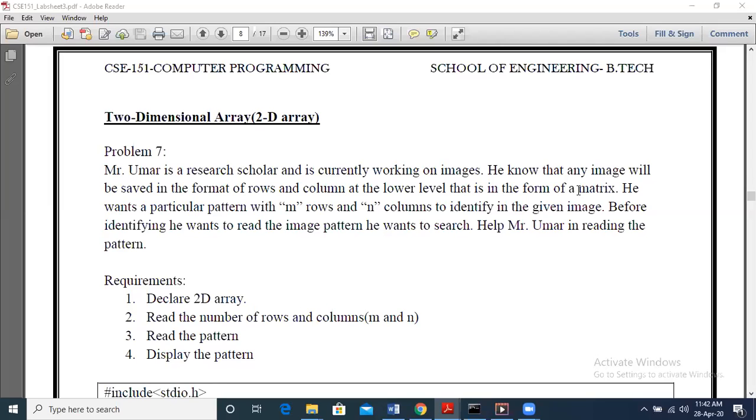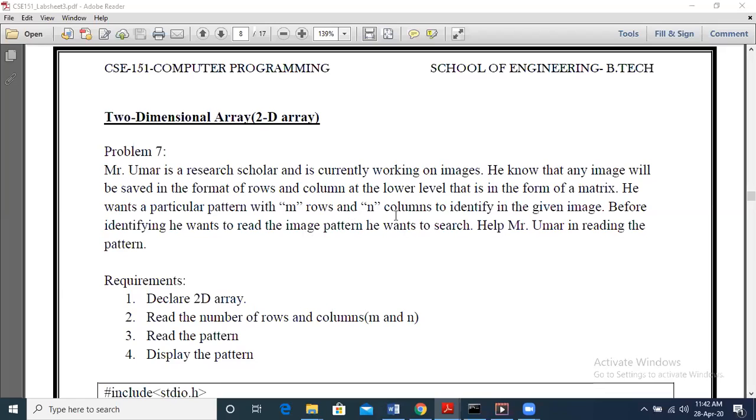So know that for now, this image is stored using numbers in the form of a matrix. We'll not go into full details about why or how. That is not in the scope of this topic. We just take that in the form of a matrix. So now he wants a particular pattern with m rows and n columns to identify the given image.